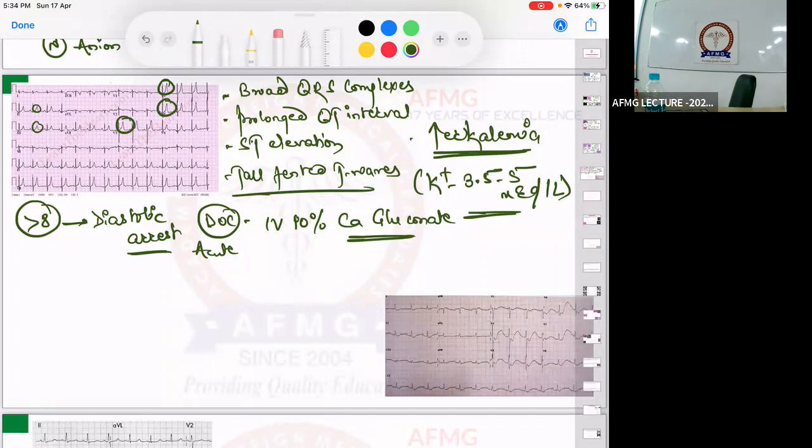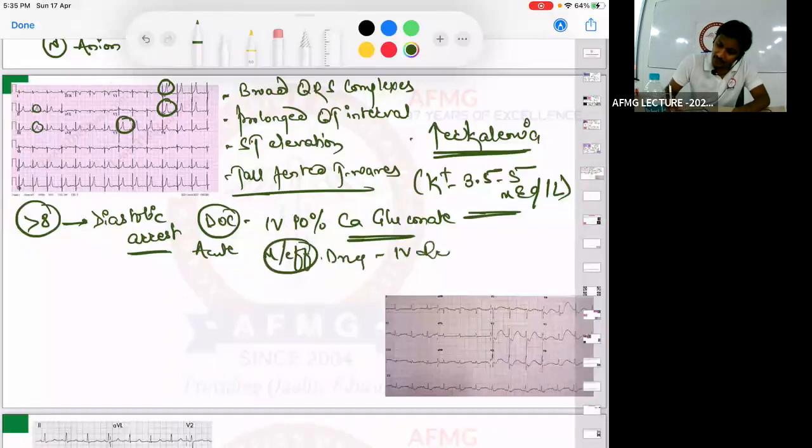It will not decrease serum potassium level. But why is the drug of choice? Because it is a life-saving drug. It will antagonize the effects of increased potassium on the heart. ठीक है? The drug of choice for hyperkalemia, calcium gluconate. If they ask you the most specific drug for hyperkalemia, if they ask you the most effective or the most specific drug for hyperkalemia,